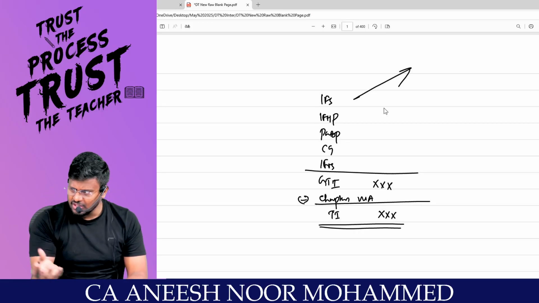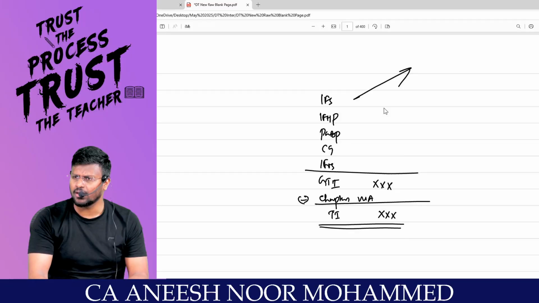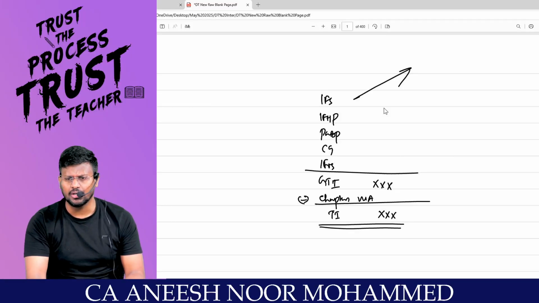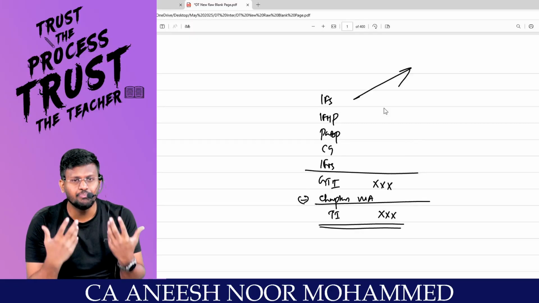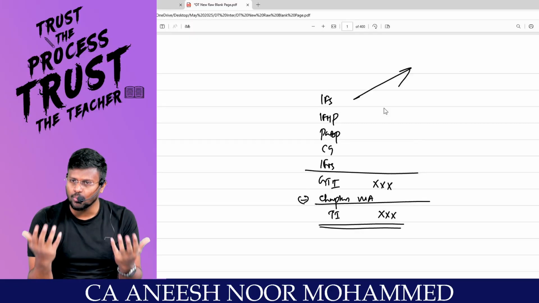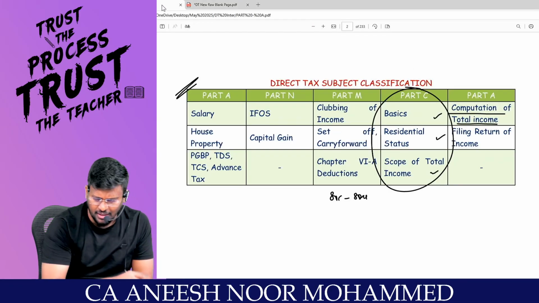So, in chapter income from salary, every section we will be discussing if I am traveling through the default tax regime or if I am traveling through the optional tax regime. What are the benefits available for me? Are you getting what I am talking to you? So, this is the format which we are going to follow in our class.